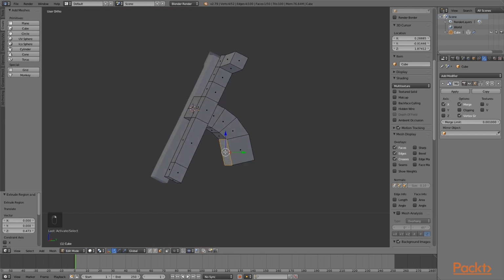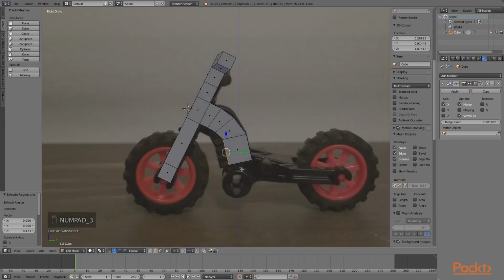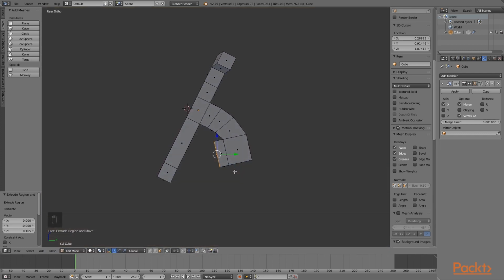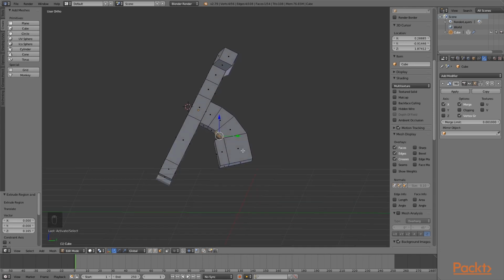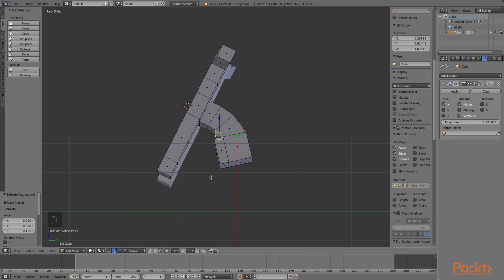Let's go ahead and select this face, hit numpad 3. Let's extrude it out to kind of give the block a little bit more of a face, of a body there. And what we can do is fill an area in. So you see how we have this kind of cut here. We kind of want to make it one piece. So what we can do is go into